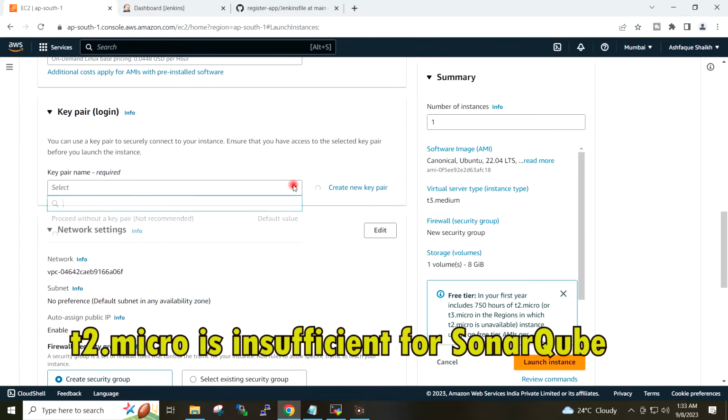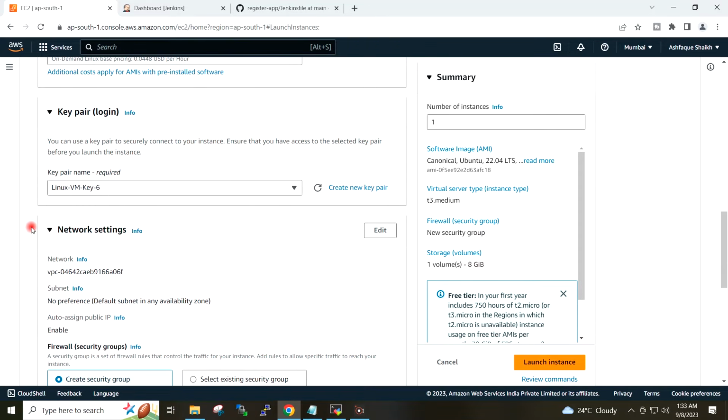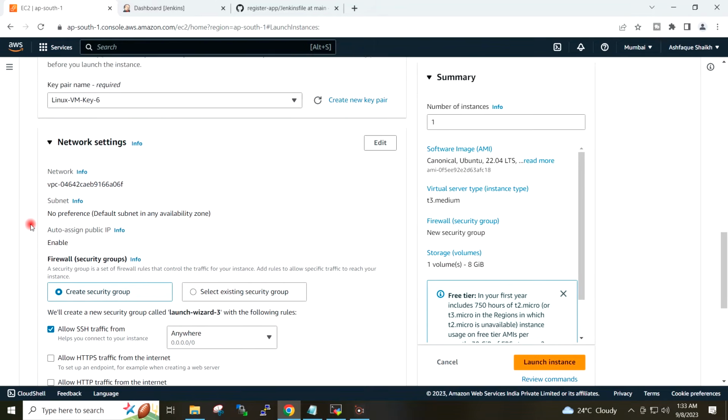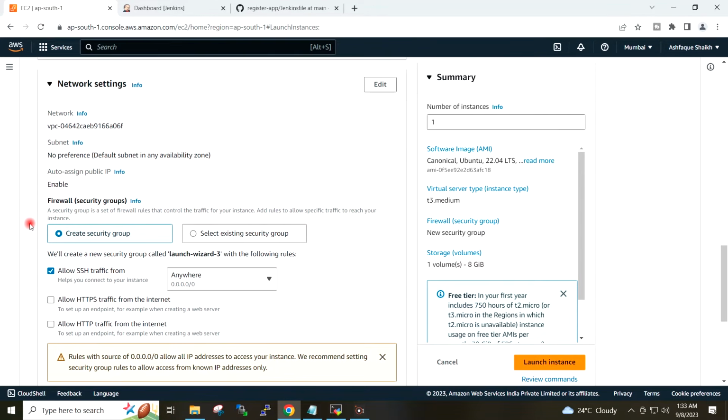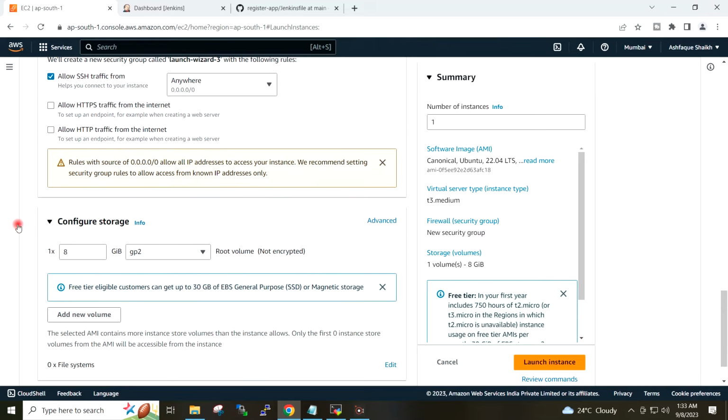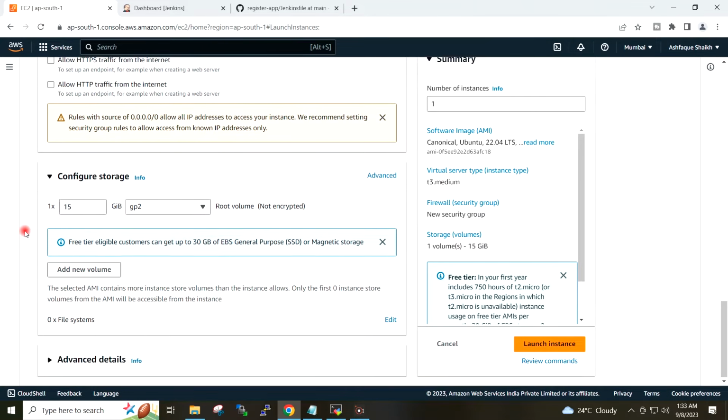I will select my key pair, disk, I will select 15 GB, launch instance.